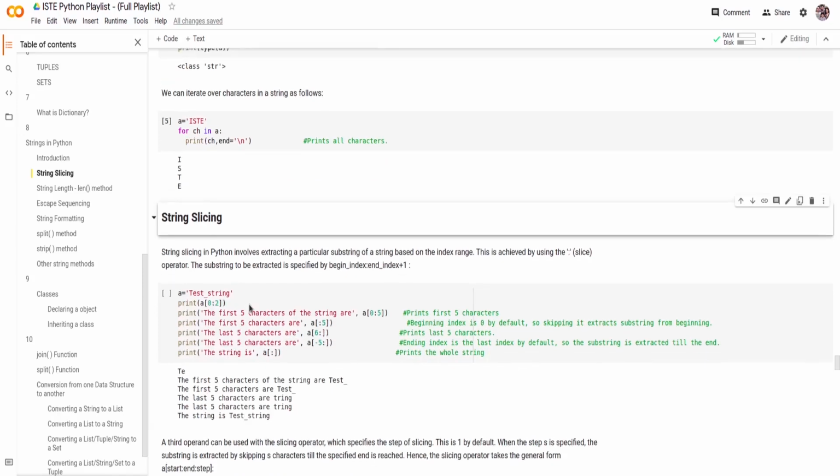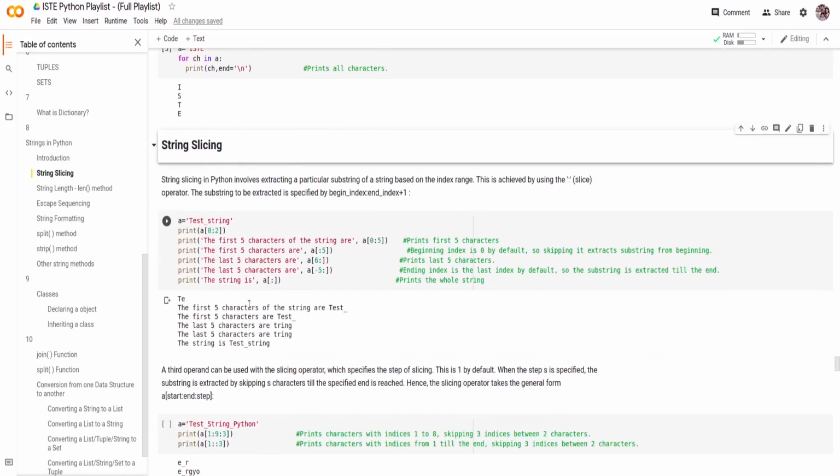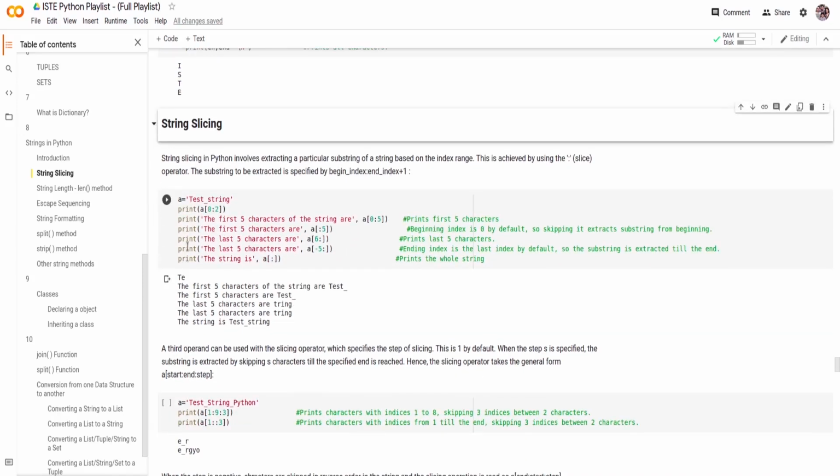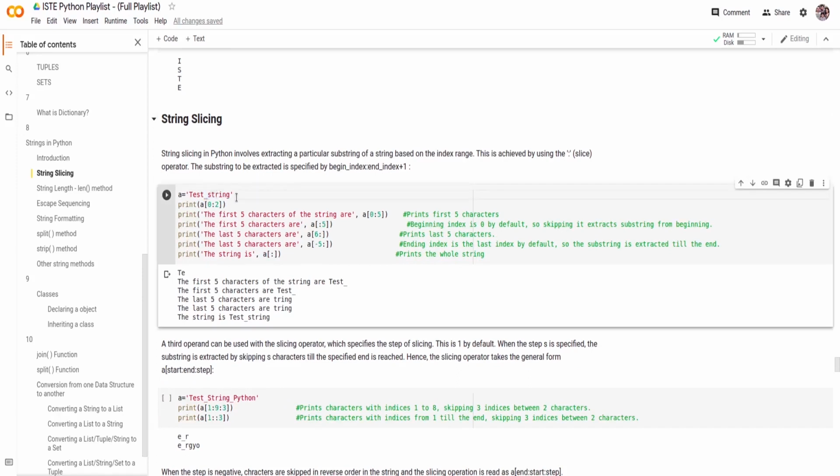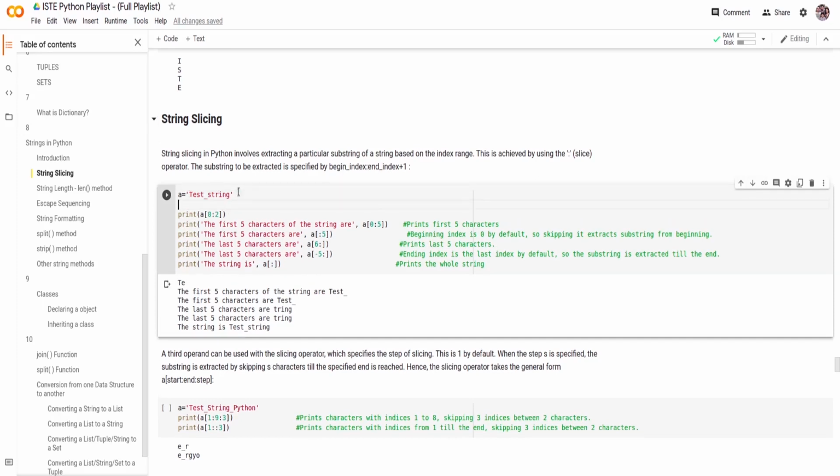Now the second part is string slicing. Let's say you want to obtain a part of the string. But since we know the string is not mutable, what we do here is slice the string. The format is A of start colon end. Whatever the second argument is, the computer won't print the character at the end.